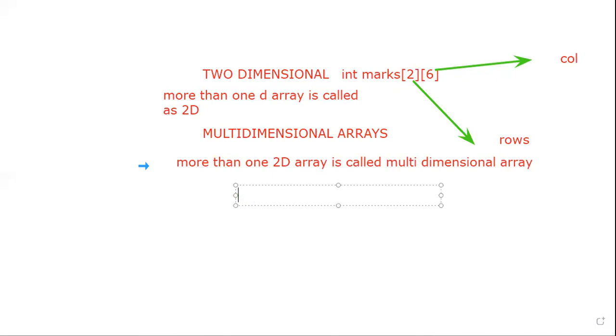For example, int array is my array name, or otherwise in C you can say.